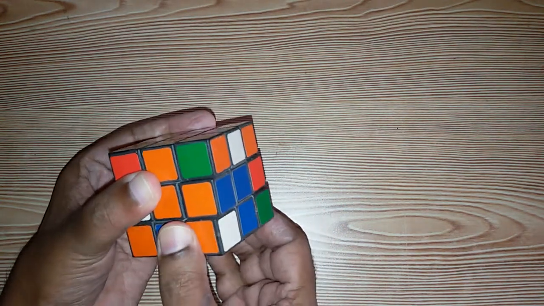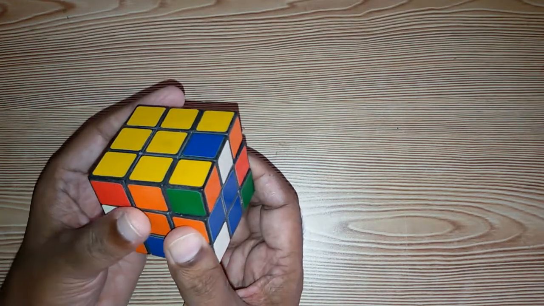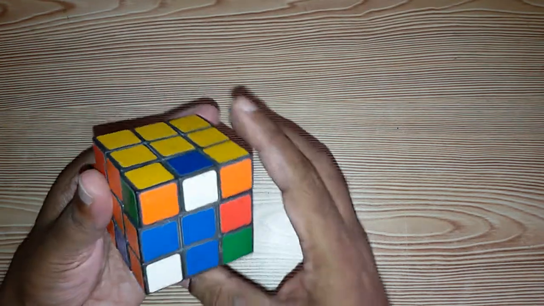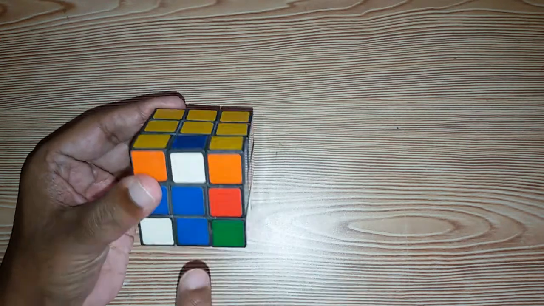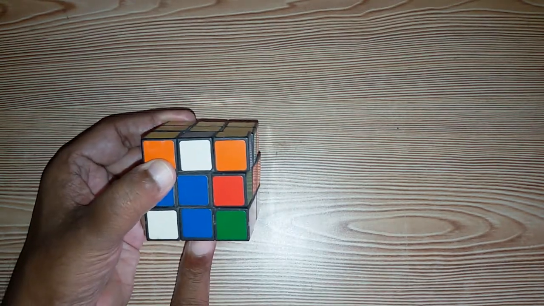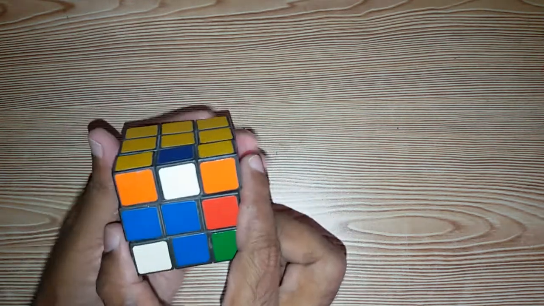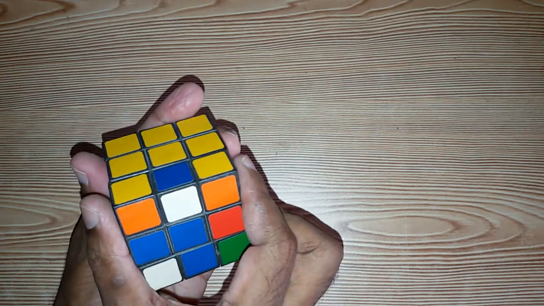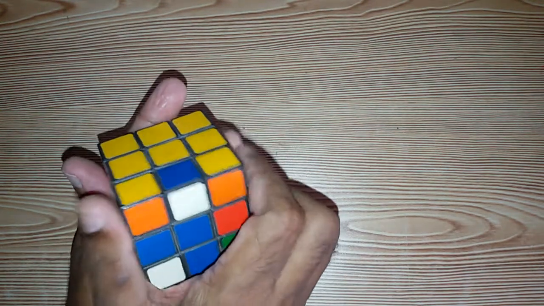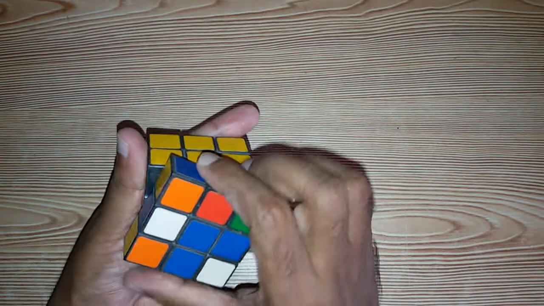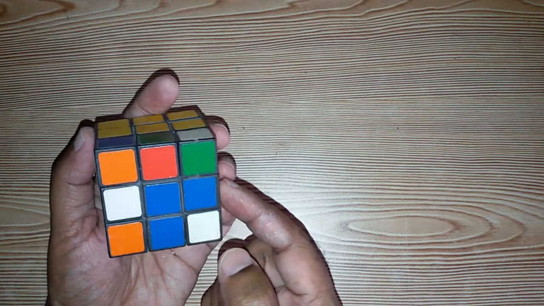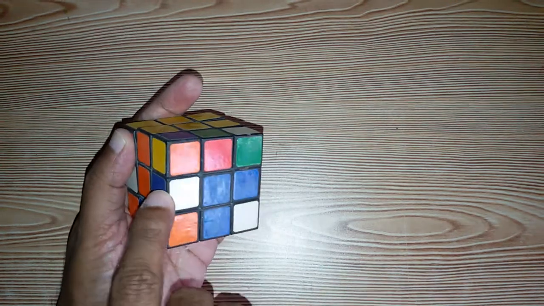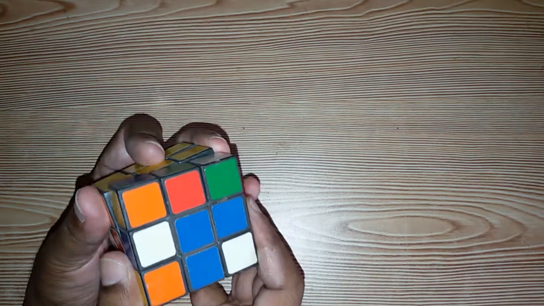We will turn it. Okay, so after turning, here we want yellow color, and this yellow color is over here. Now we have to turn it once. So yellow color is here. If I turn it over here, no, it will be upside down.